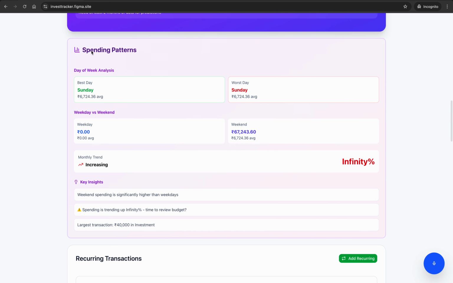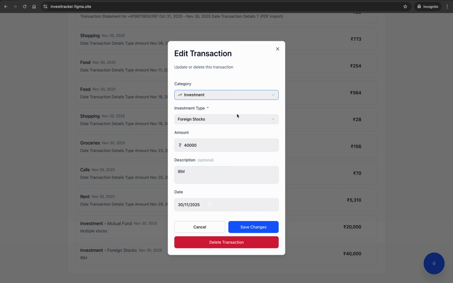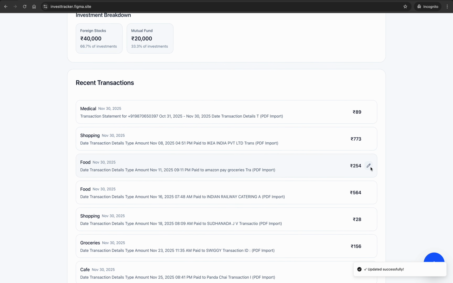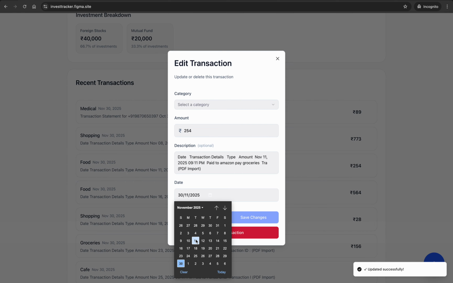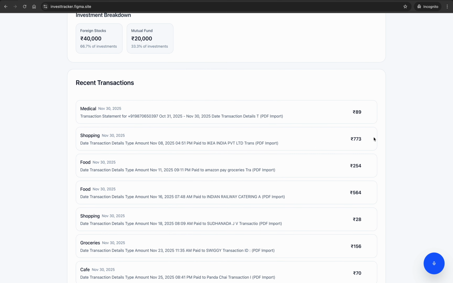Then if I click on this, this was initially not there, but as you can see, this is spending patterns. It will tell you what is your worst day that you spend, and what is your best day. Today I just added both, so it's showing Sunday. But let me quickly change a few things to show you how it works. If I say 12 and save changes, and say Tuesday for this and save transactions,